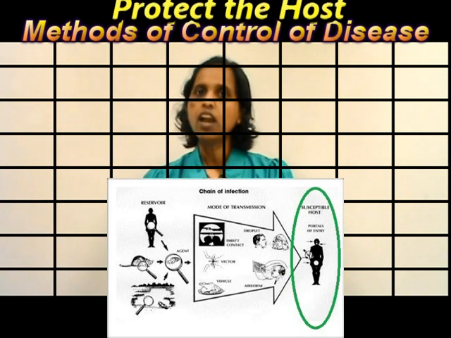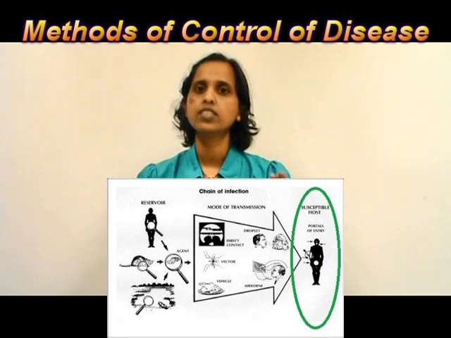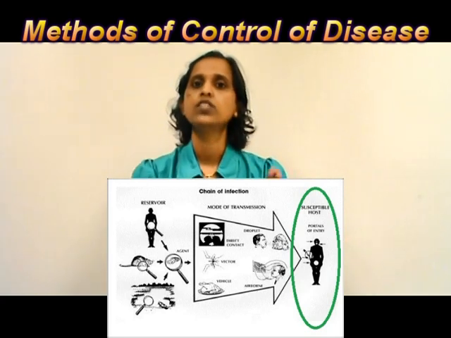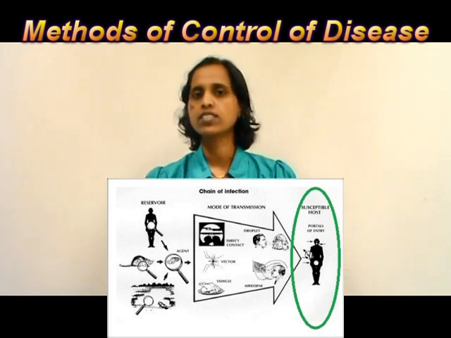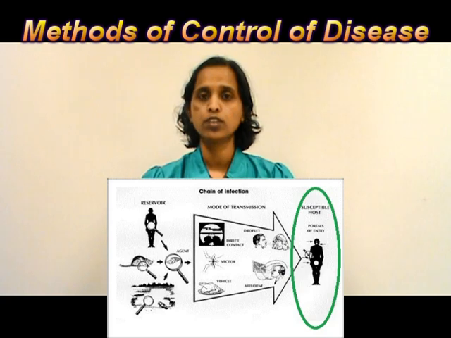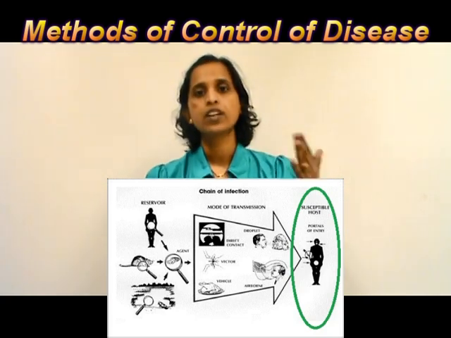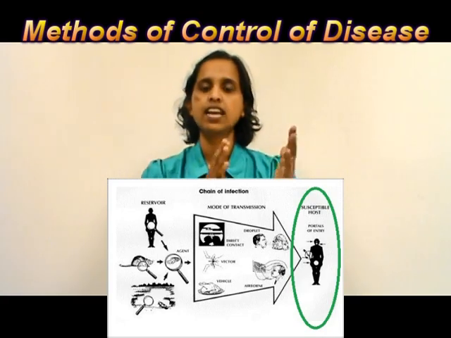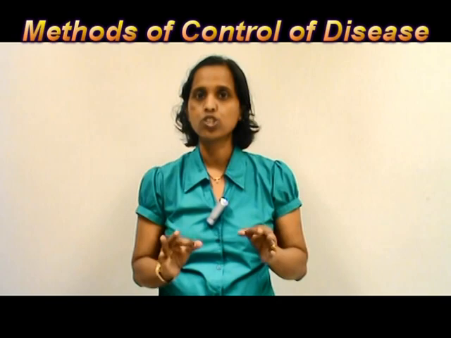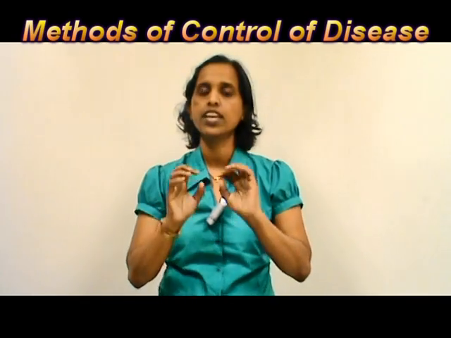In the case of dengue, how can we protect the susceptible host? Protection of the susceptible host in dengue basically includes protection from mosquito bites. To do that, there are quite simple things which can be done, like applying mosquito repellents or using insecticide treated bed nets in order to reduce the contact between humans and mosquitoes. So these are three things by which we can break the chain of infection at different links in order to